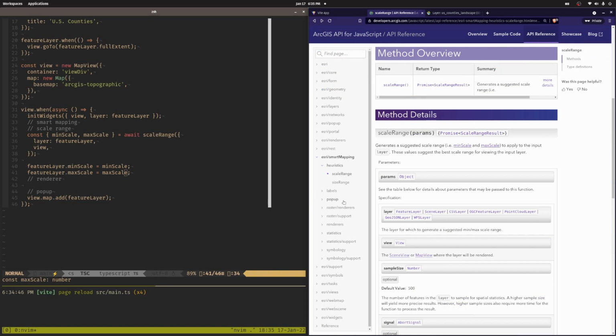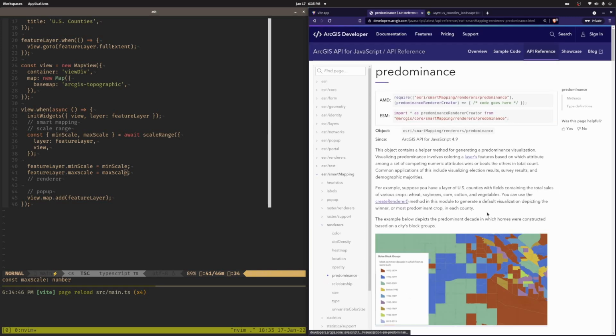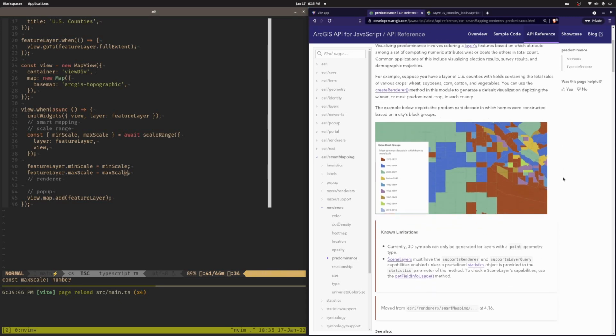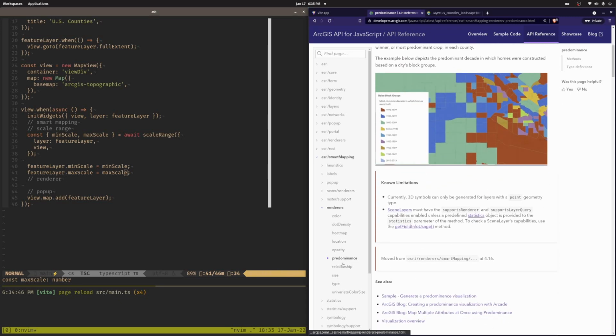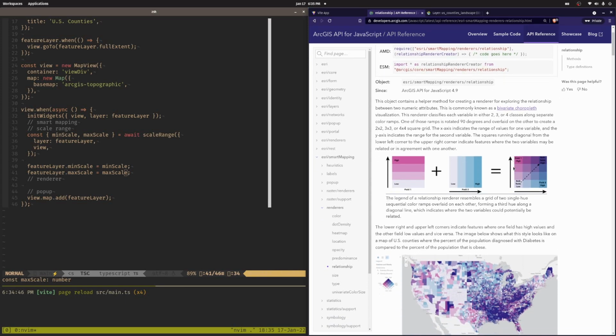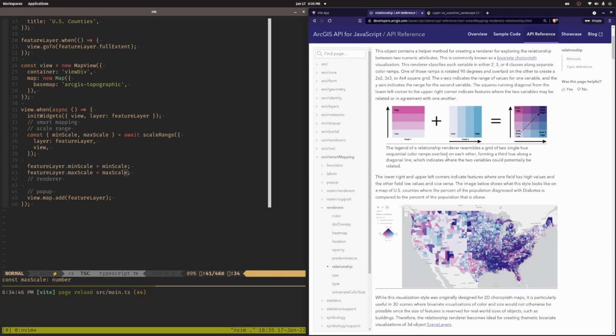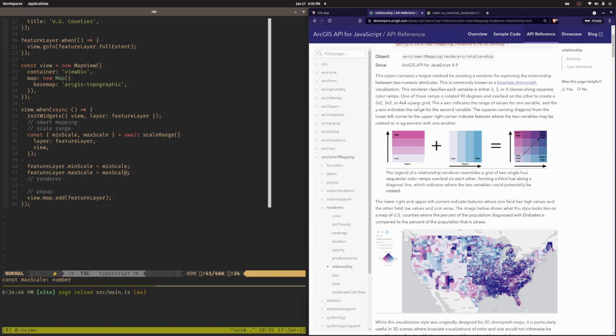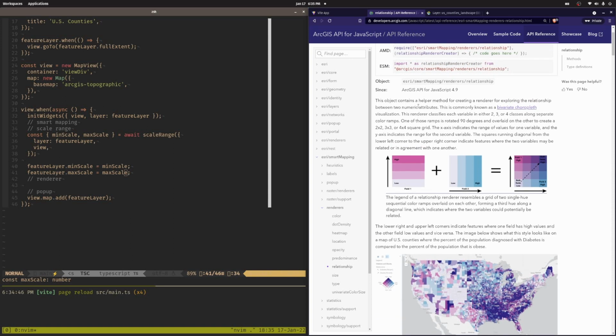Next, we want to get a renderer. So if I come under renderers here, maybe I'm interested in predominance, which is kind of a neat one. That might be a bit too much. Relationship. Okay, so maybe I'm interested in looking at the relationship between two fields and rendering that out. So you can read all the information here on the relationship renderer, which is also known as a bivariate choropleth,